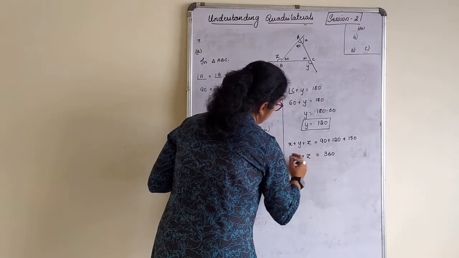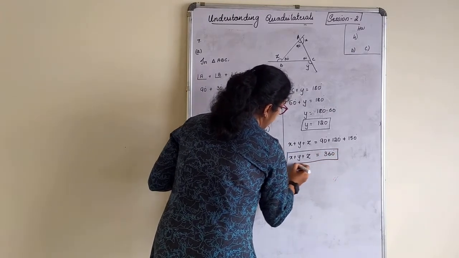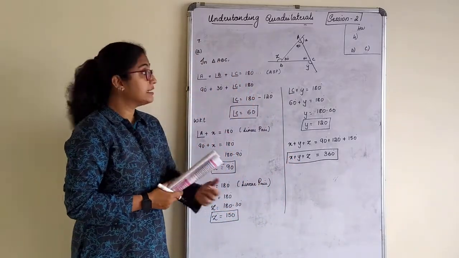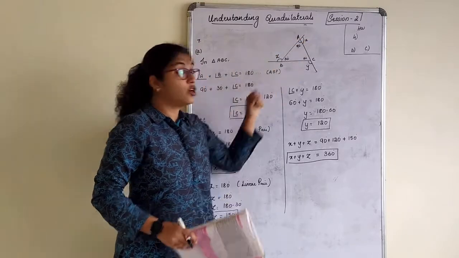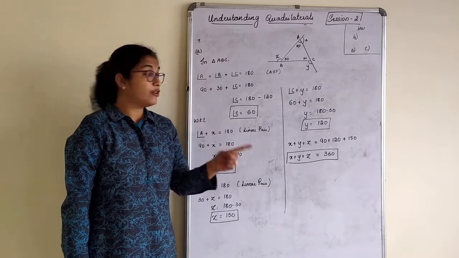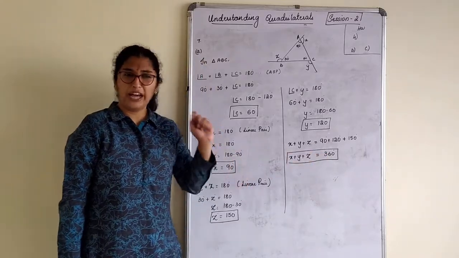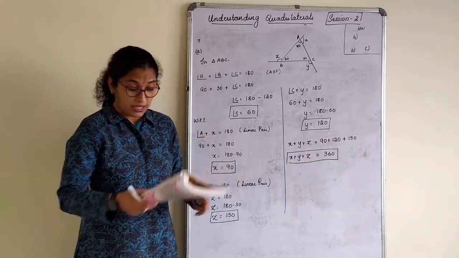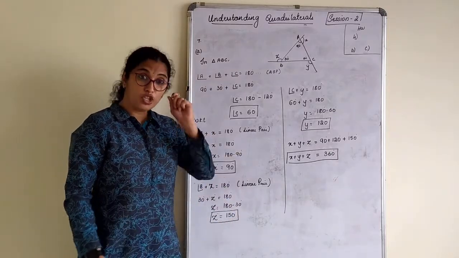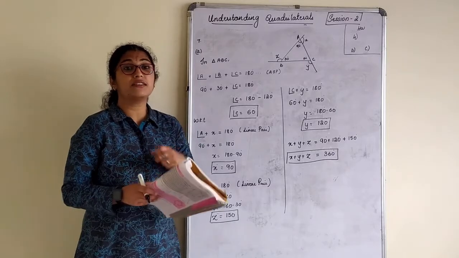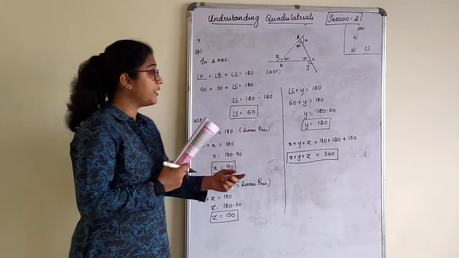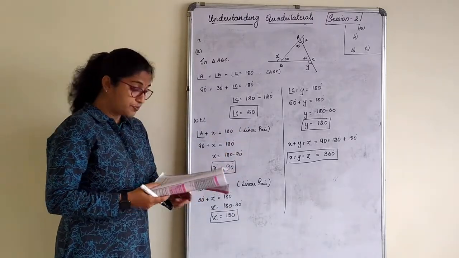Why, tell me? Because these are exterior angles of a given polygon, right? These are exterior angles of a triangle. What is the sum of exterior angles of a triangle? Which is nothing but 360. You have to get the answer as 360. That means, what should be the answer for the next one? The next answer should also be 360 only, because it is the sum of exterior angles of a given quadrilateral. Exterior also, okay? So this is how you prove it.